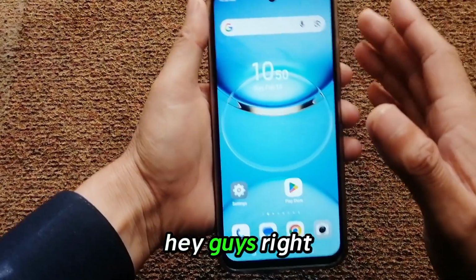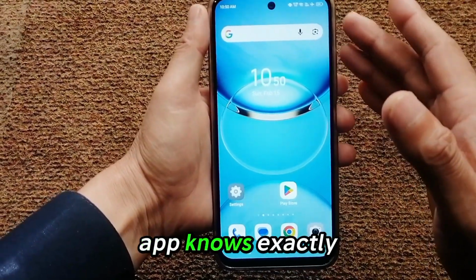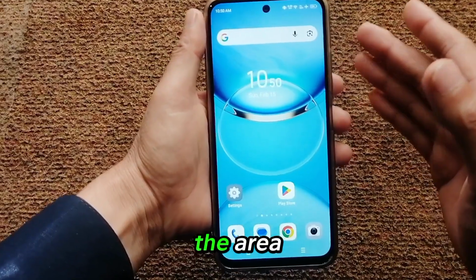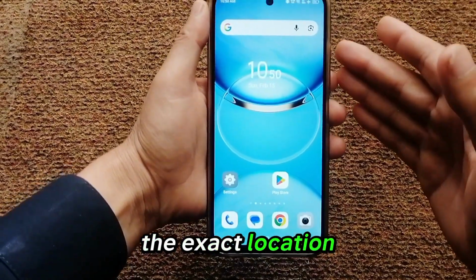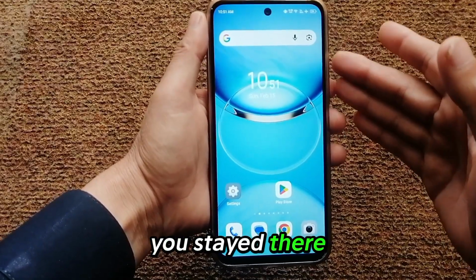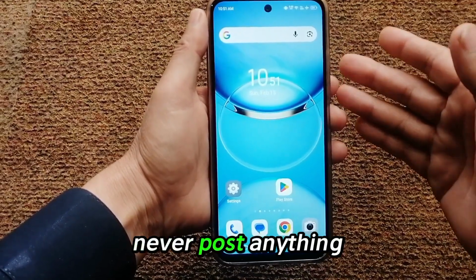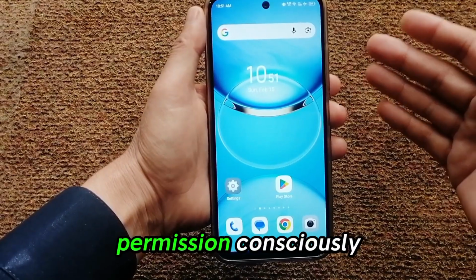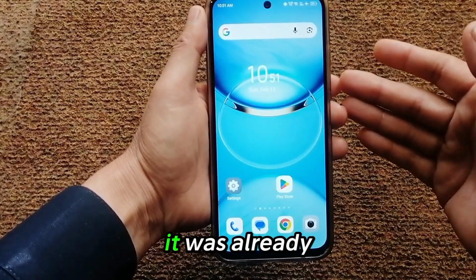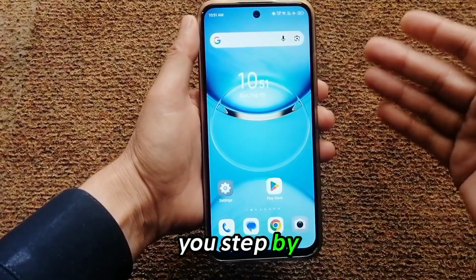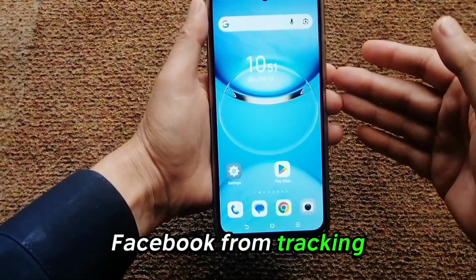Hey guys, right now your Facebook app knows exactly where you are, not just the city, not just the area, the exact location, the exact time, and how long you stayed there, even if you never post anything. And the scary part, most people never gave this permission consciously. It was already enabled. Today I'm gonna show you step by step how to stop Facebook from tracking your live